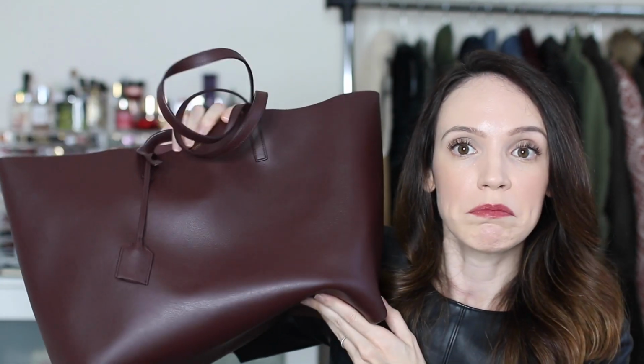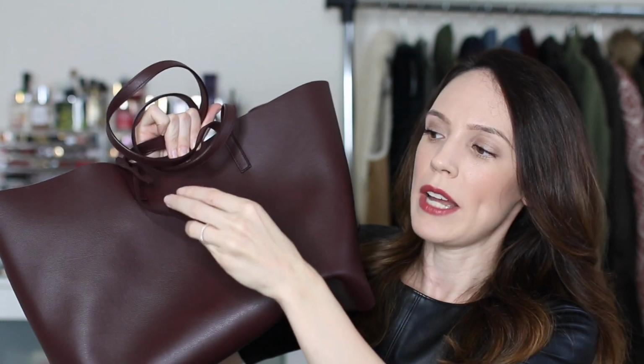But I do wear the heck out of this tote, and it holds up pretty well. It doesn't sag too much in the bottom, and it holds a lot. It's very lightweight and comfortable. It comes in a ton of great colors. If you don't want something that's logoed, like the Never Full or whatever, this is a great option because it just has a little YSL thing that comes out of here, and then the Saint Laurent little